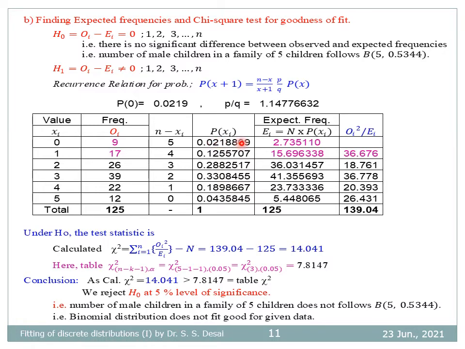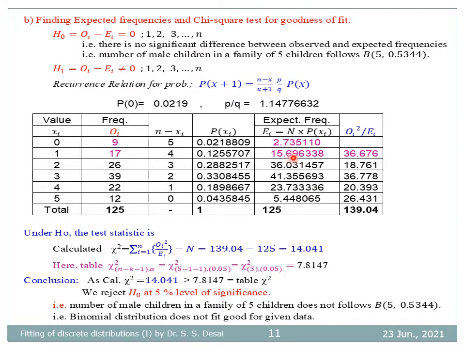So Q0 into this pi u divided by 1 into P by Q equal to this one, 0.12 pi u. Okay. So we can obtain probabilities using the recurrence relation for probabilities. Expected frequencies n into pxi, n is 125 into these probabilities gives us these expected frequencies. So here the first frequency is less than pi u.